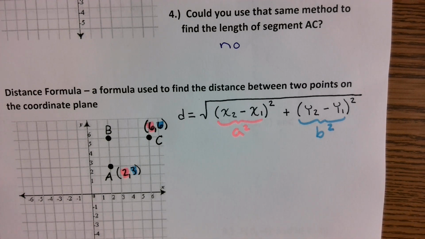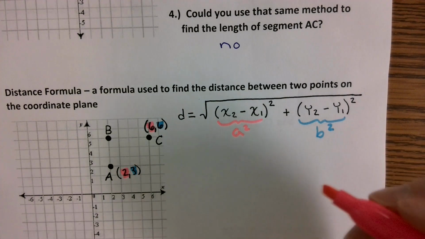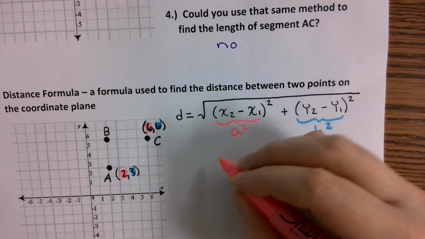So it doesn't matter the order that you subtract. So if you always want to do bigger number minus smaller number in this situation, you can. Okay, it's not the same thing as slope where order did matter. Here, order doesn't matter because you're eventually squaring it and it's going to get rid of the negative no matter what anyway. Okay, so if we take a look here, my x2 minus the x1, I'm just going to do